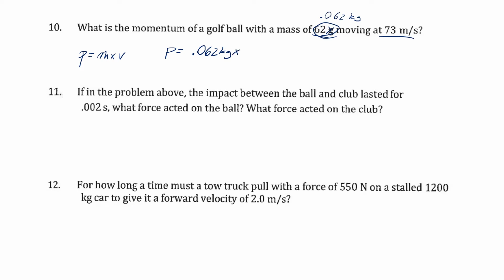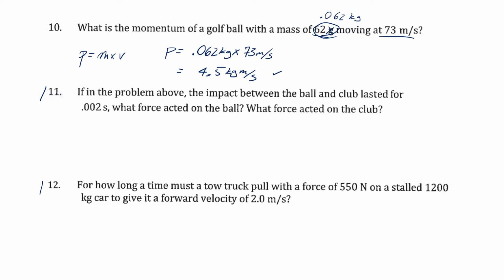And then we multiply this by our velocity, which is 73 meters a second. If you multiply those two across, you get a momentum of 4.5 kilogram meters a second. Done. And then it gets a little bit goofy here with 11 and 12, mainly because a lot of us